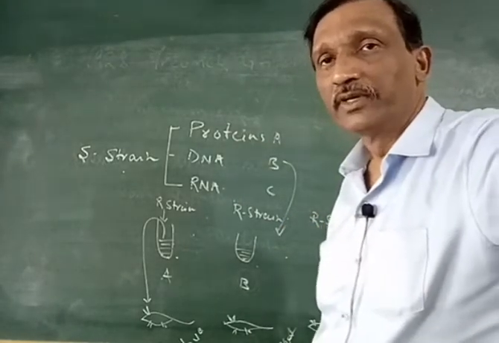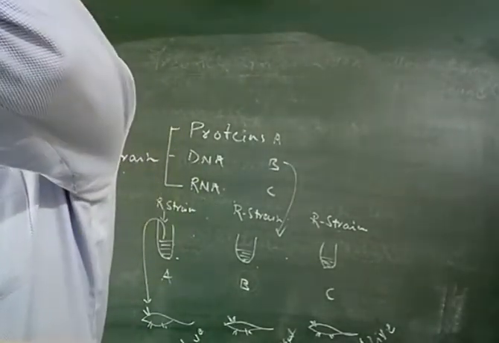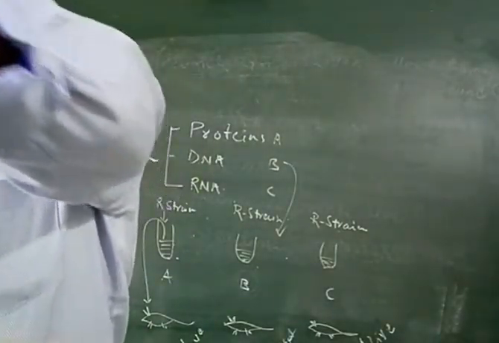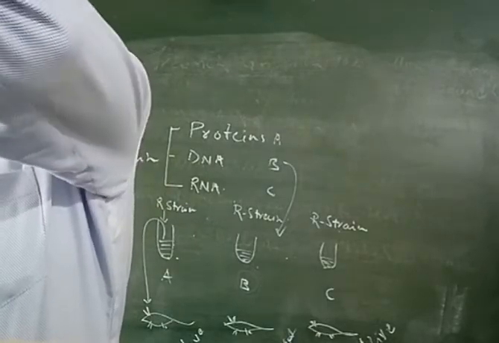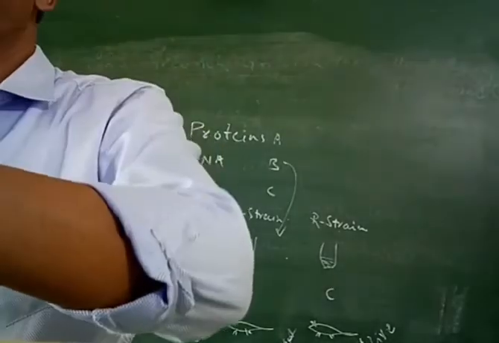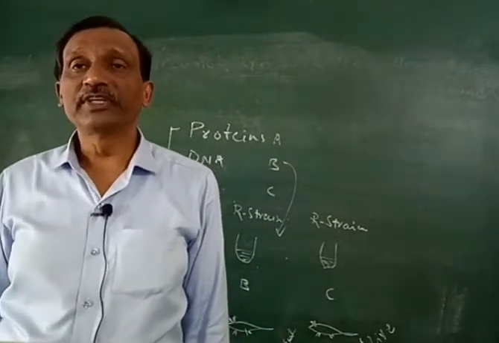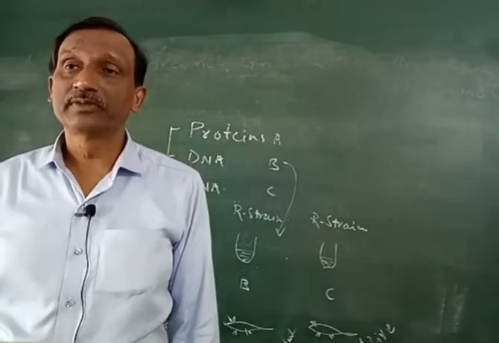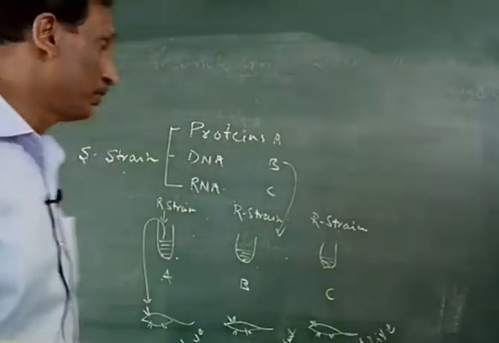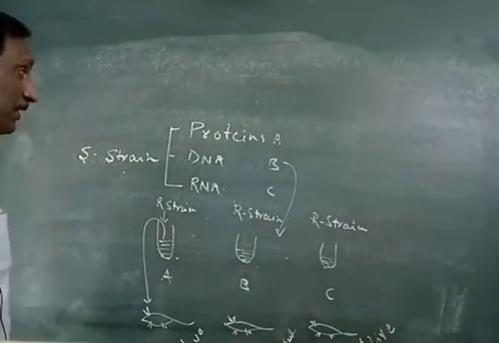Transformation was happening. There was no doubt. There is no falsehood in transformation; transformation is indeed happening. That is accepted by both Frederick Griffith as well as Avery, McCarty and MacLeod. The question is, what causes transformation? So they came out with a clue. This experiment can also be done in another way.